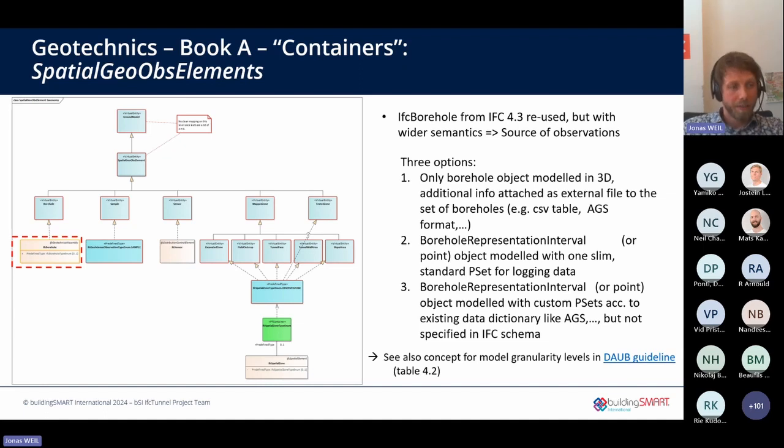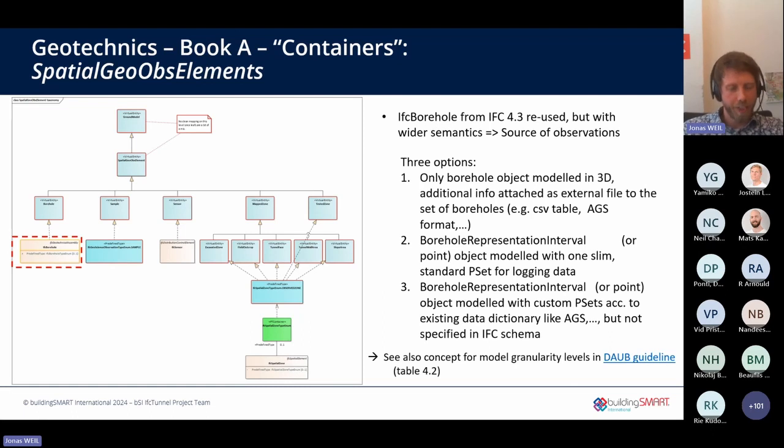The simplest one that is commonly used already is to model only the borehole in 3D as a cylinder, show in a common data environment, look, we have a borehole here. Then you include a hyperlink into the properties, and somebody can drop certain files on SharePoint or wherever to query it.